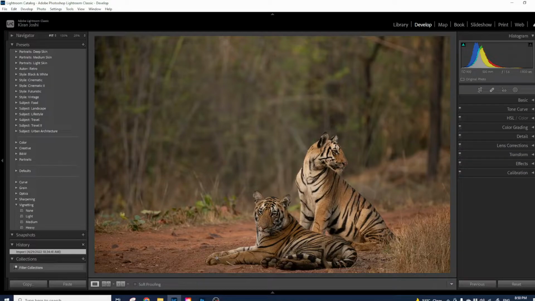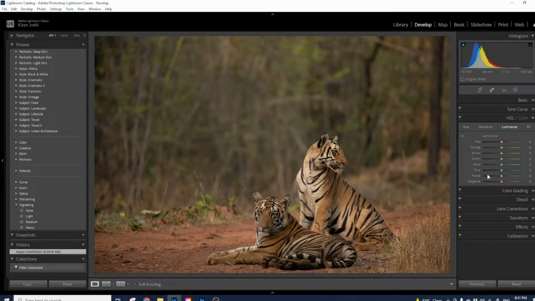So we have already covered many topics, and in this particular topic we will be covering a tab in the develop module, that is the HSL Color tab. So let's try to understand what this HSL Color tab means. If you open the tab, this is the default view available in Lightroom. Now, there are mainly three tabs available: hue, saturation, and luminance, and there is a last one called All. We can customize this layout based on our convenience,